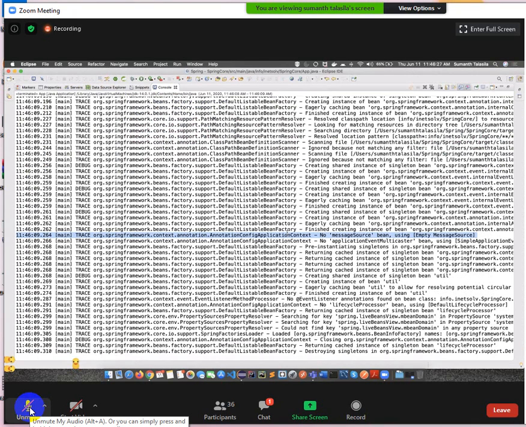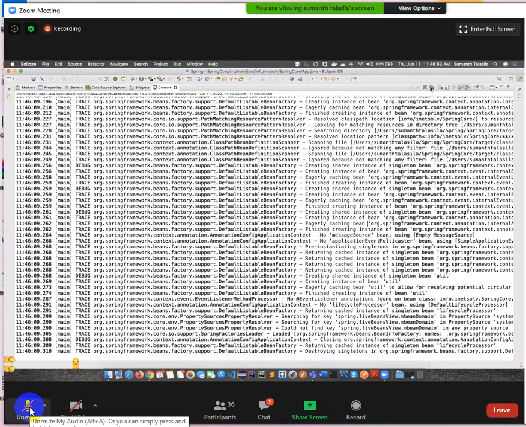Every time you start a container, it checks for a MessageSource bean. It doesn't know whether you are using property files or not. It is mandatory that whenever you start a Spring container, it does that work. Are we clear? Yes, sir.